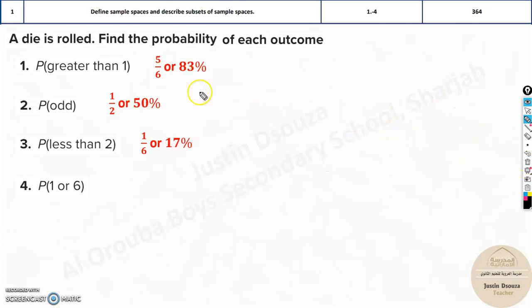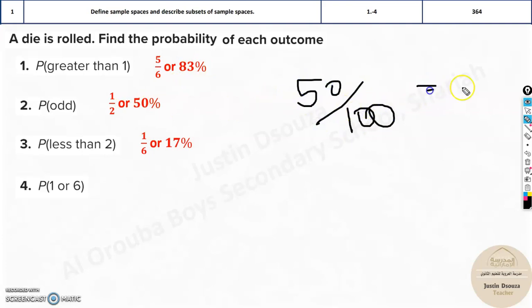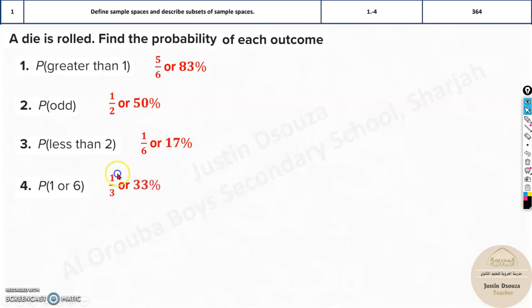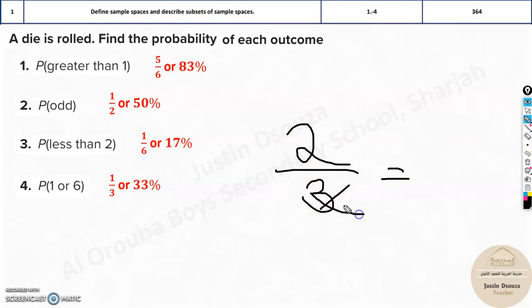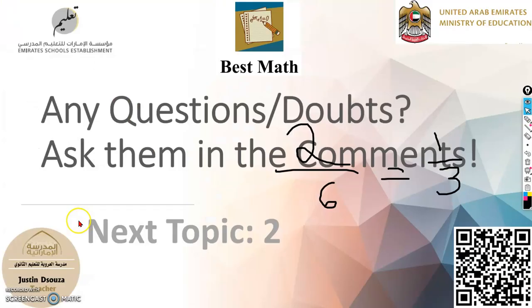Now, over here, let's say 50%. 50% means 50 divided by 100. That means it's 1 by 2. So that is what it means. And lastly, we had 1 or 6, so it is 2 divided by 6. 2 divided by 6 means 1 by 3. So these are the answers. So now we will move on to the next topic,